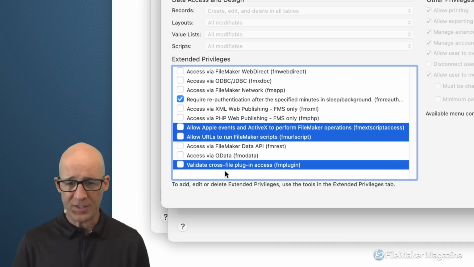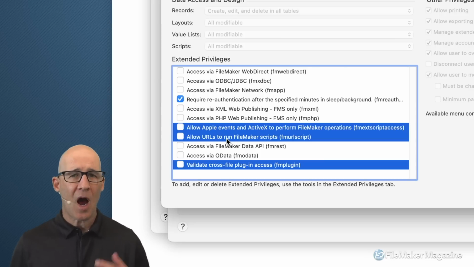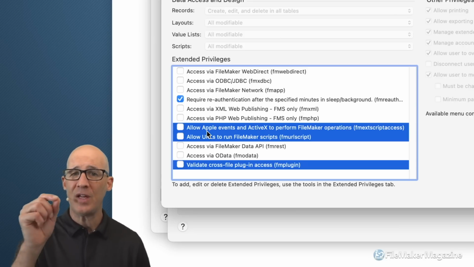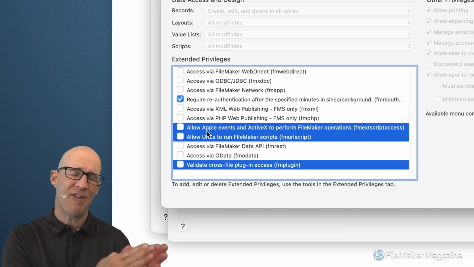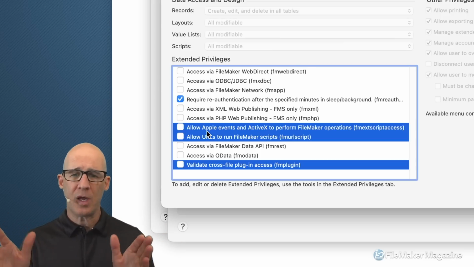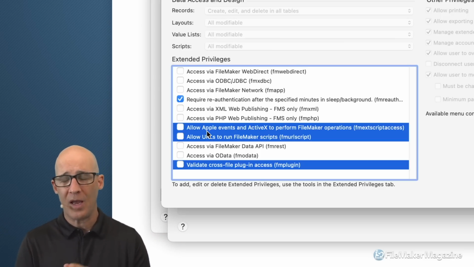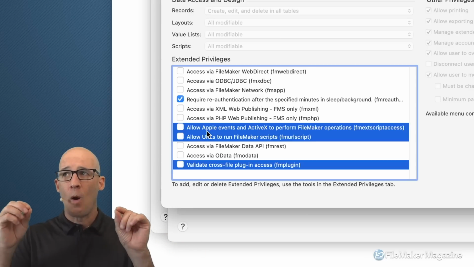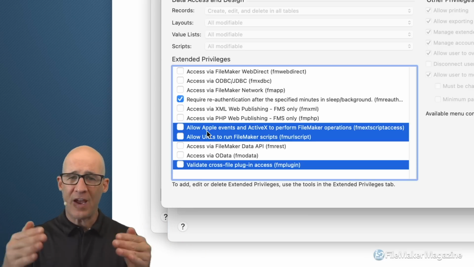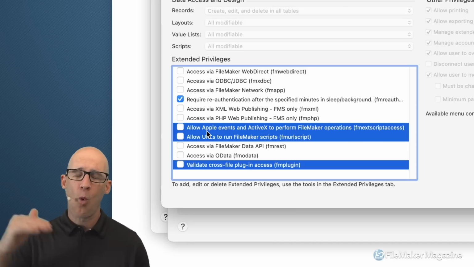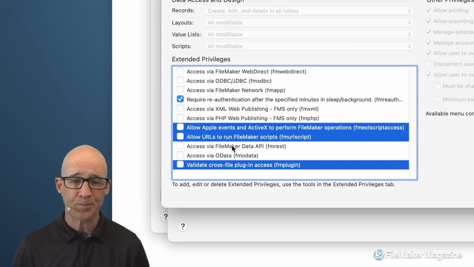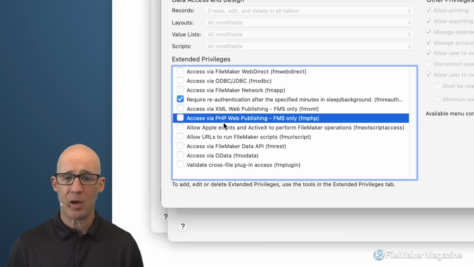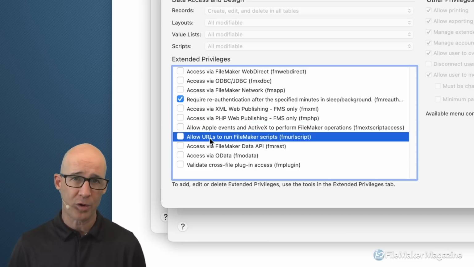And I will also tell you this. When it comes to security, I do not avoid what I have highlighted on screen, but I selectively use them in a way that only exposes them in a minimal fashion. In the realm of security, where we are working with FileMaker, what is so critical in the landscape of security is how many and what are the vectors of attack? In other words, what is exposed and how can a hacker get access to what they're going to use? If I'm going to use a plugin or a URL in order to run something,